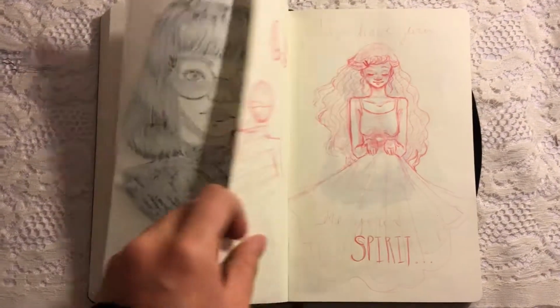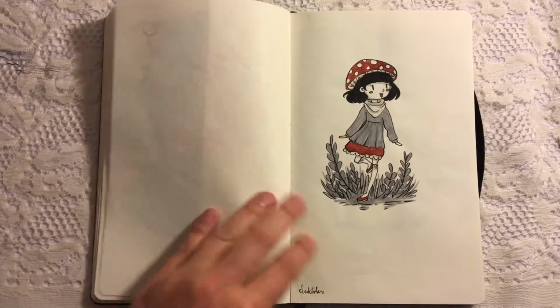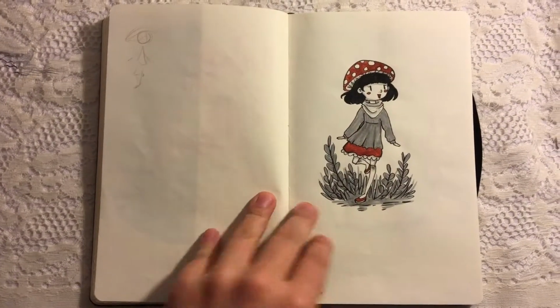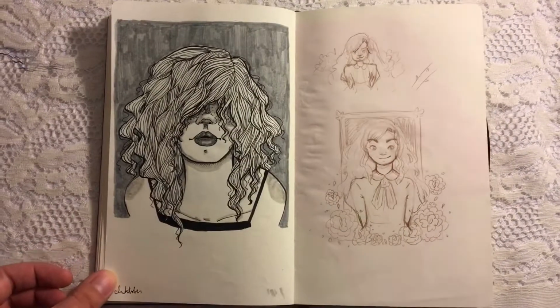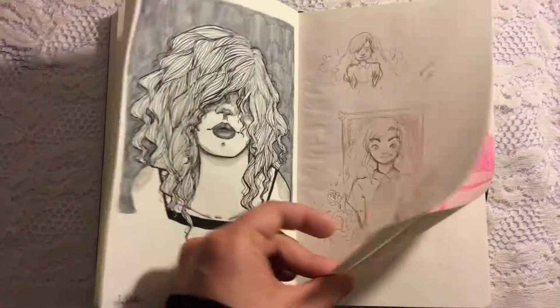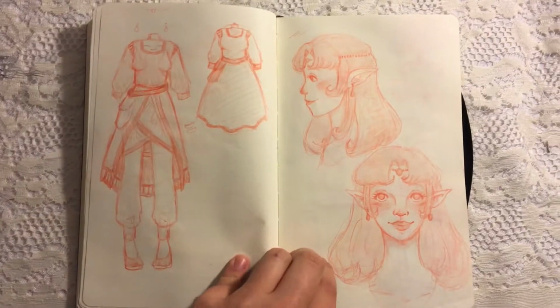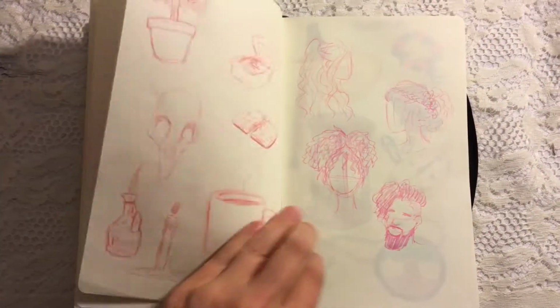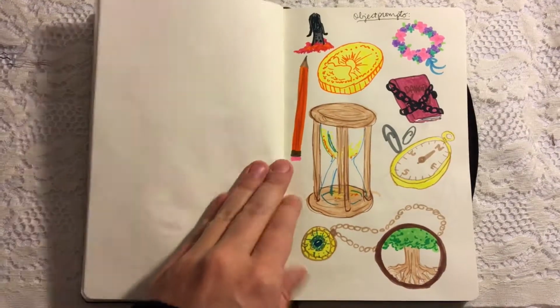Other than that, I don't have that much to say about this sketchbook. You will see towards the end a bunch of mermaid drawings because this sketchbook has both Inktober drawings and mermaid. That's how long it took me to finish this. Yeah, so this is a really long span of time. But yeah, the end of the sketchbook is pretty much just mermaid. I like how most of those turned out, but...